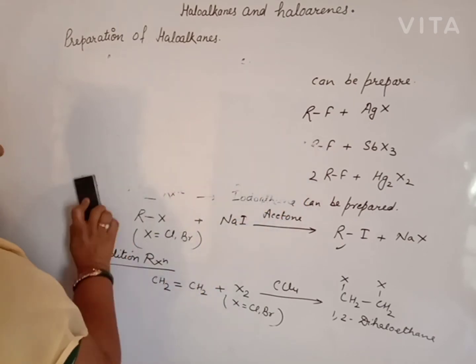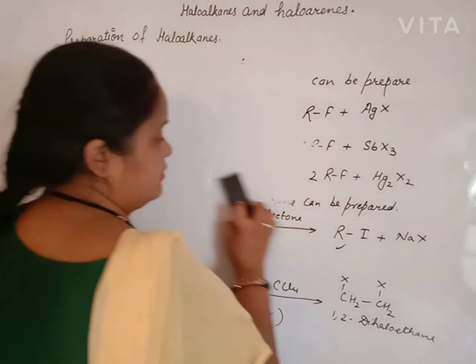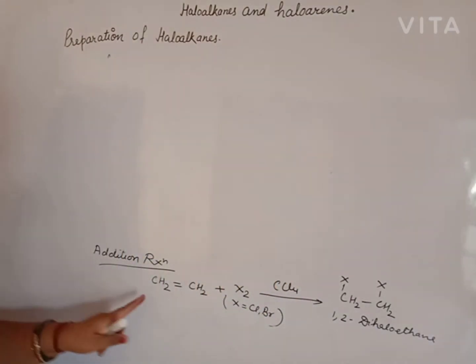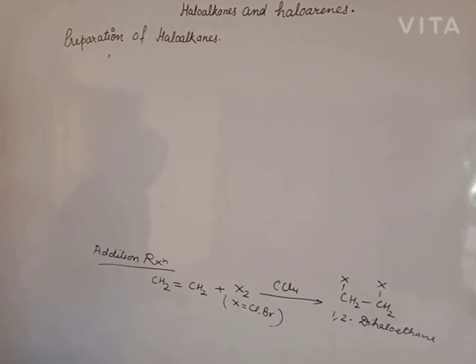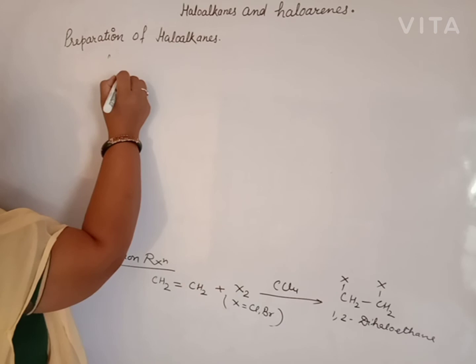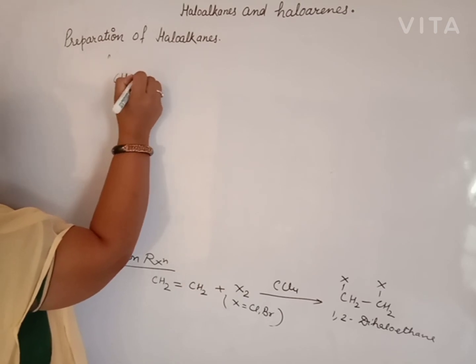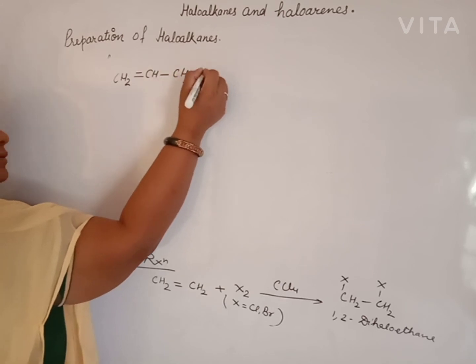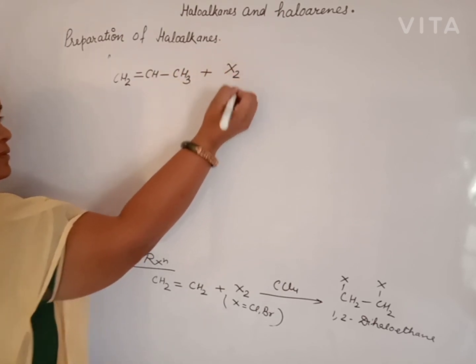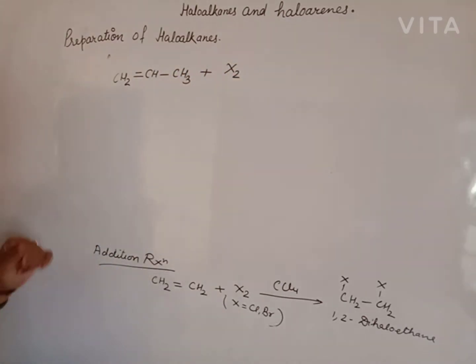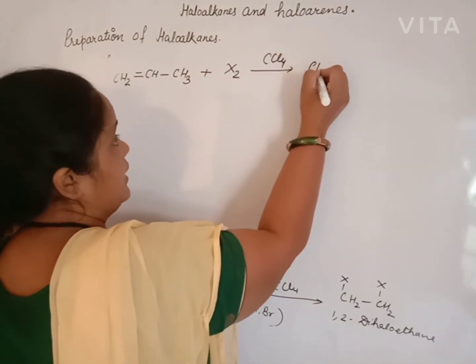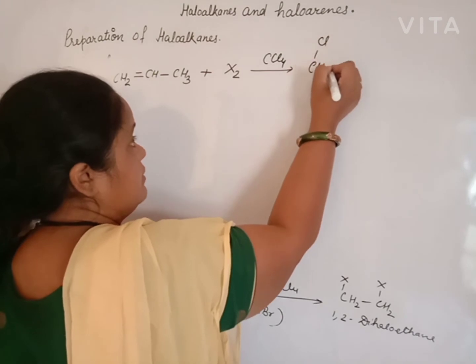If we use an unsymmetrical alkene in the same reaction, it is an unsymmetrical alkene but the reagent is symmetrical. Under CCl4, carbon tetrachloride, we will get 1,2